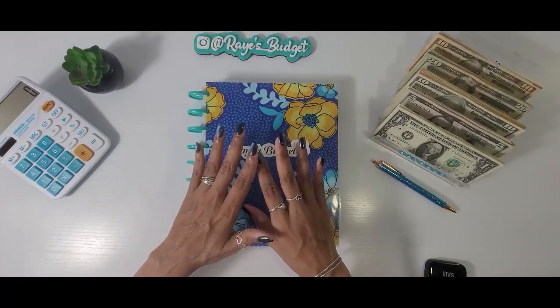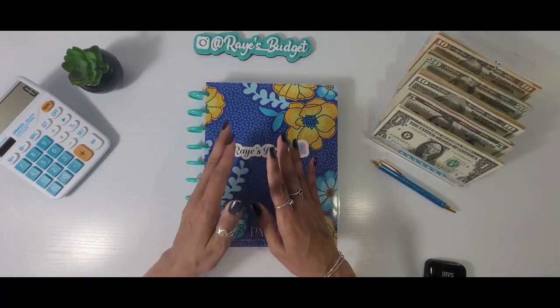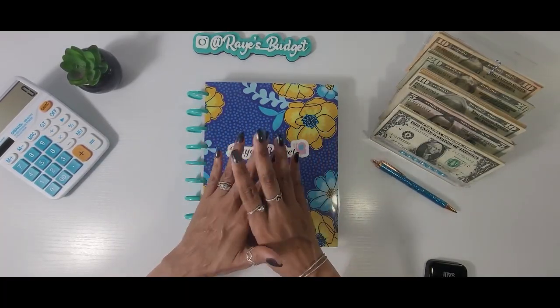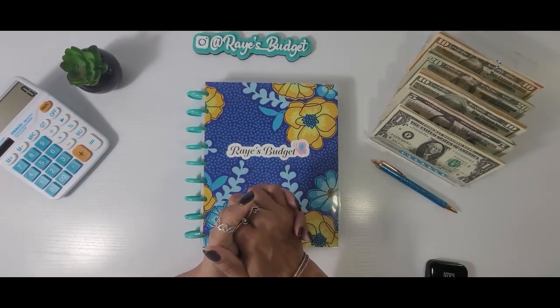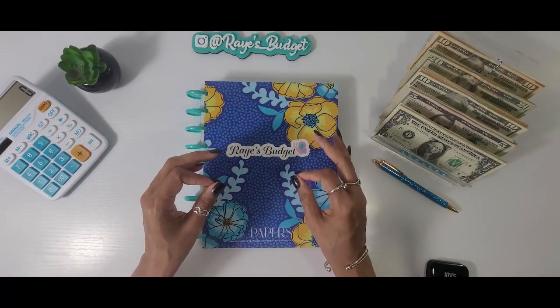Guys, in today's video we are going to be doing a quick walkthrough of my July budget. We are going to be doing my July week 1 cash stuffing. We are going to be changing out some of my envelope inserts. We are also going to be stuffing my sinking fund savings challenge money and doing some other savings challenges as